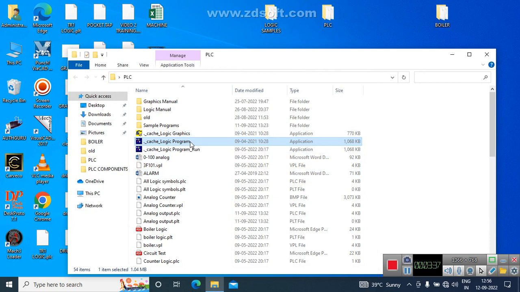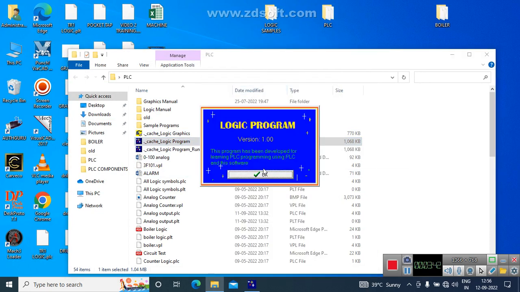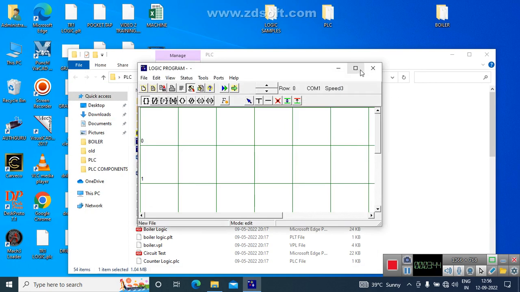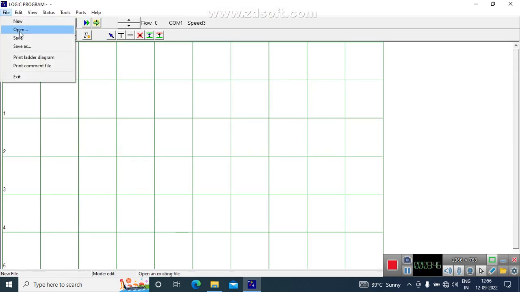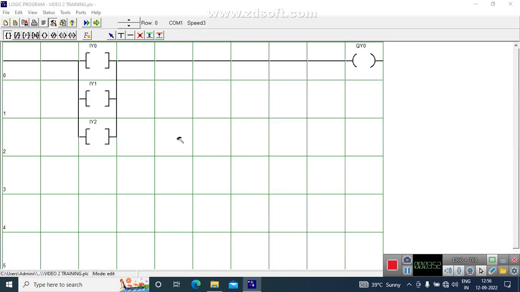So we run this program again. Run as administrator, and we now open the program which we had saved earlier. So video 2 training PLC open. So now let's start with our function of timer and counter. Okay, so